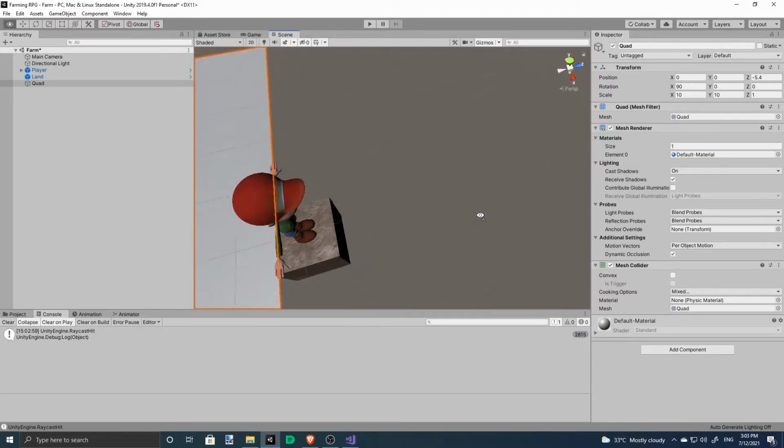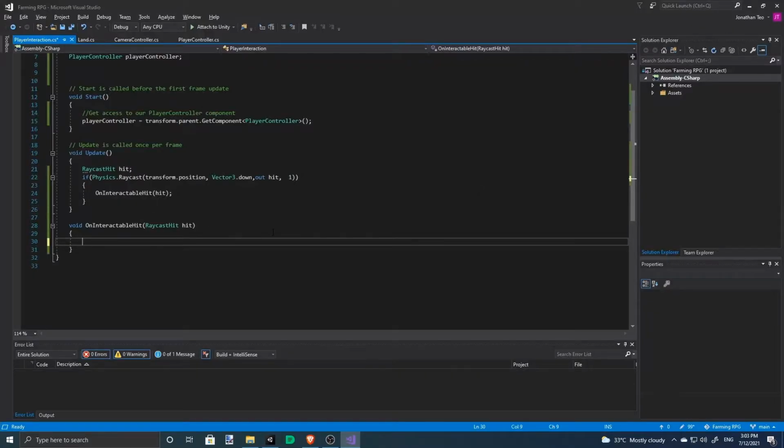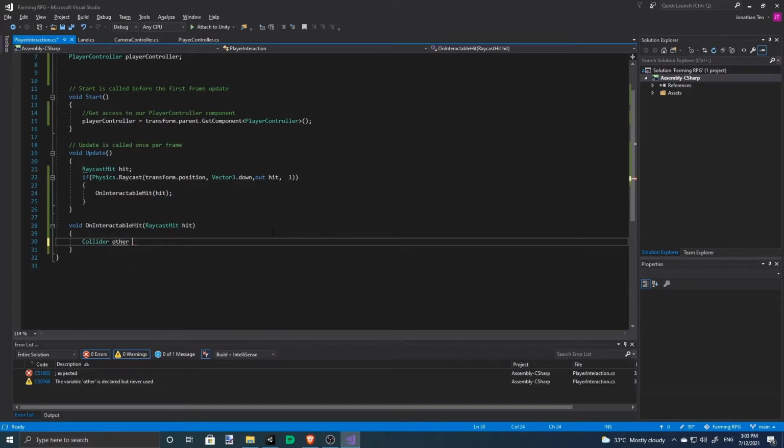So let's set a collider out there. Get the hit collider.